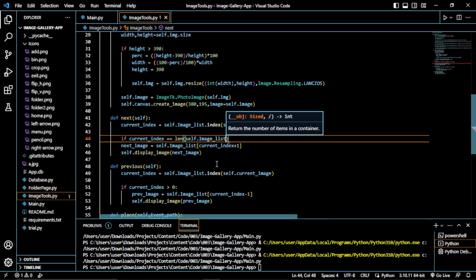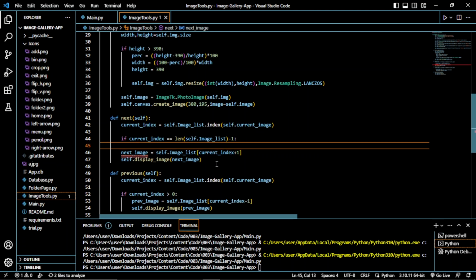Yes, you should know the difference between the length and the index is 1. So the last index will be the length -1. If it's equal to that, meaning that should be our last index,